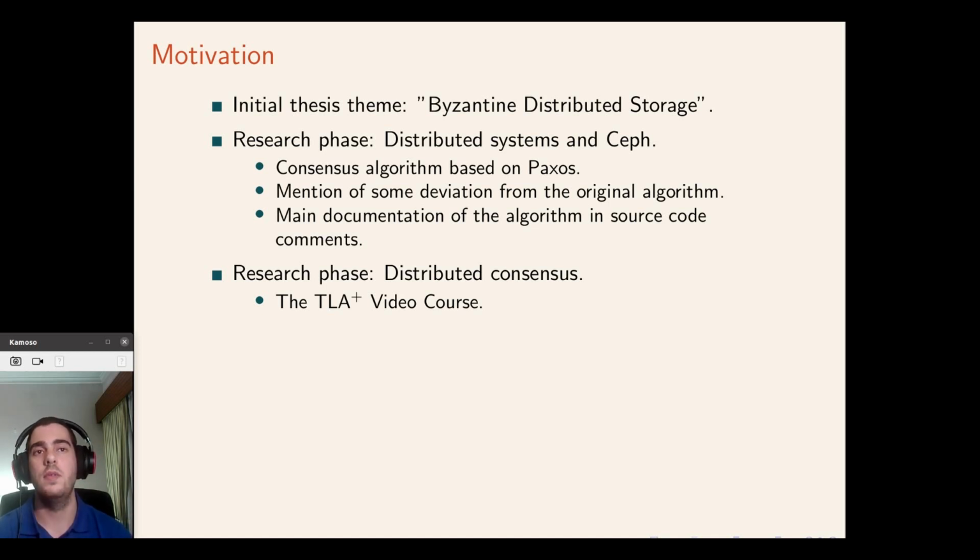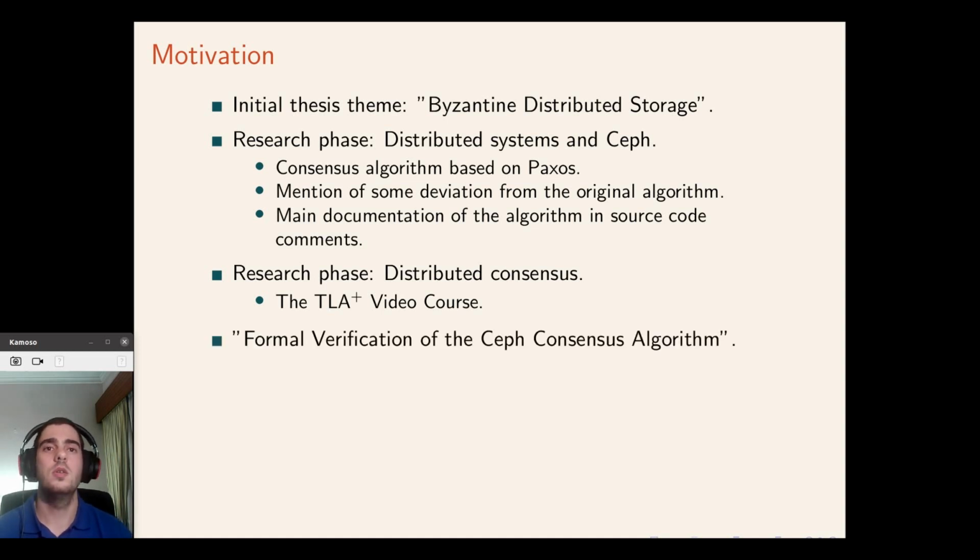I found out having a specification helps in understanding the algorithm, as it gives clarity on the actions that the algorithm can take, and also gives a way of exploring executions of the algorithm using the model checker. You can see how the values of the variables can change and how those values impact the decisions the algorithm can take. So, as I found the idea very interesting, I proposed a new theme to my supervisor of